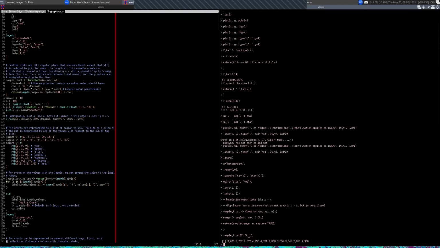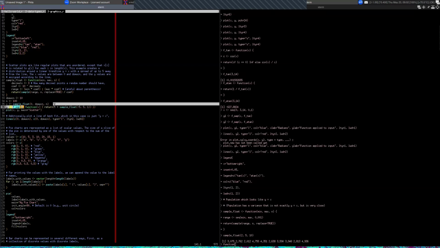So now that we have this sampling function, let's do this sort of toy program we just said. The population looks like y equals x, so it looks like a straight line, but it has a variance. So let's make our sampling distribution here. On the example on the left, you can see this if you would like to look at this instead. I created a function that was inlined,